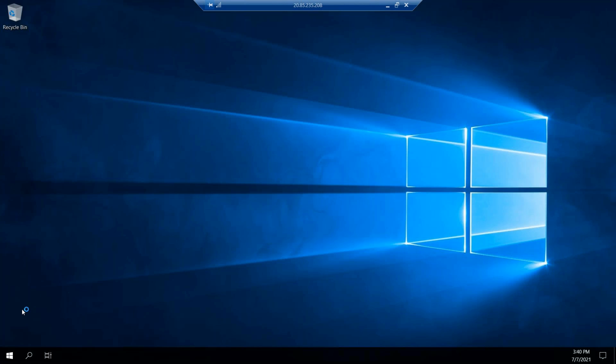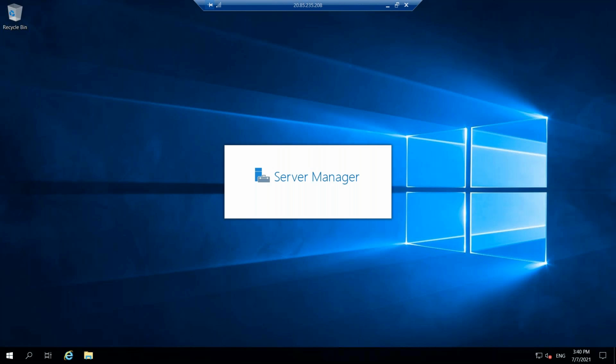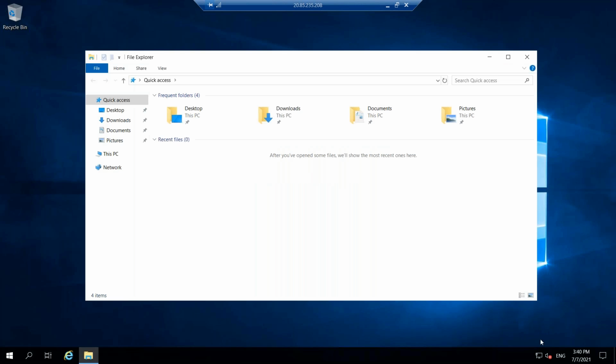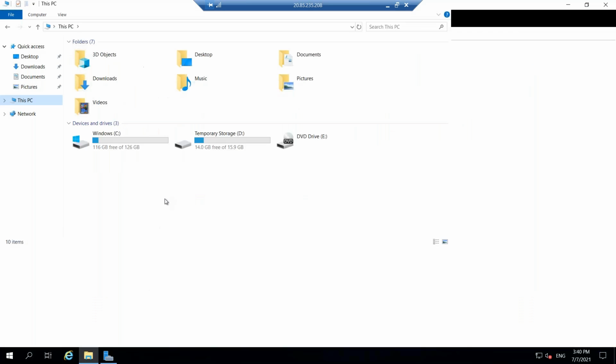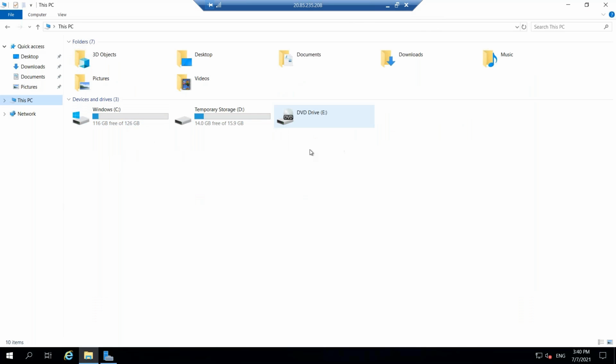So I have logged into this machine. Just now I have added one disk. If I go to my PC, I won't find that D drive.